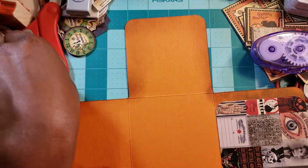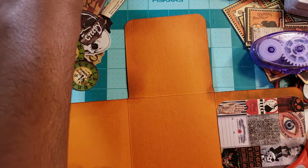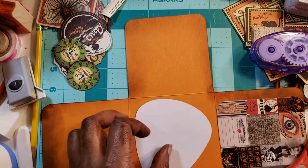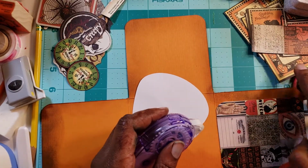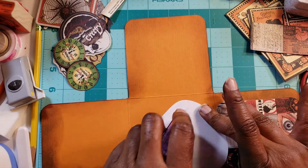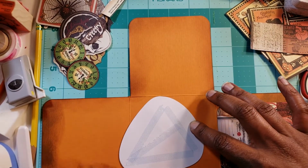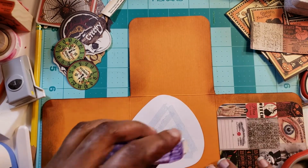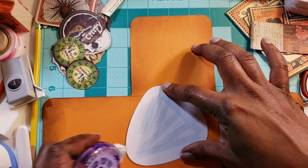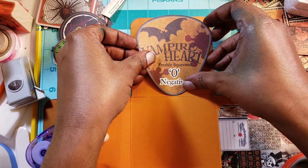I just typed in explosion box tutorial in the search engine for YouTube, and I got a lot of different things. Nothing that I was super excited to see. One had very good instructions, but no words, so I have to actually sit there and watch the video and write down notes, not where the person was saying anything. So I understand that not everybody wants to talk on their videos, especially if you don't speak English, but you can write English. So I know some